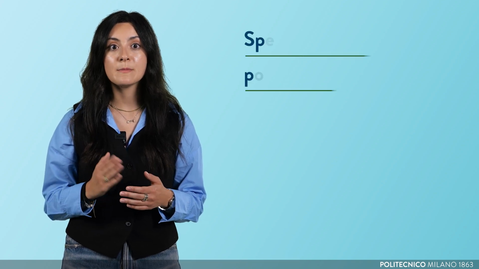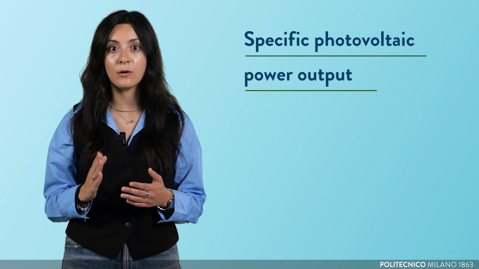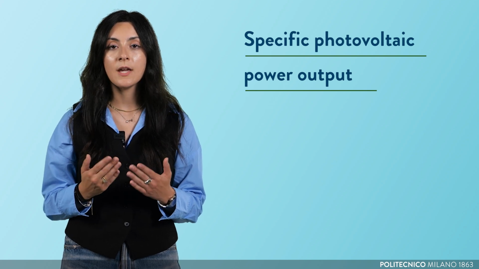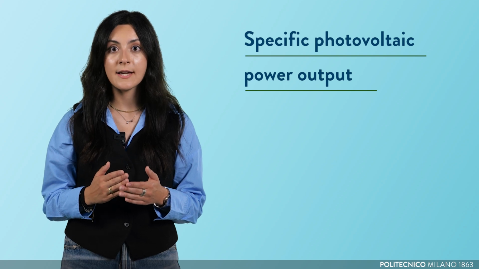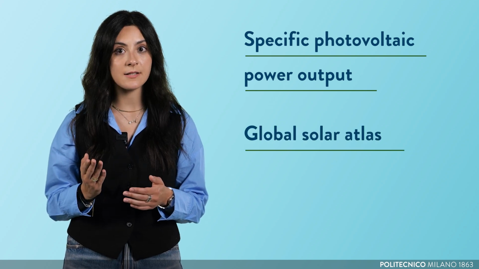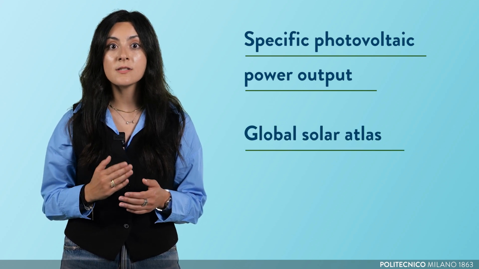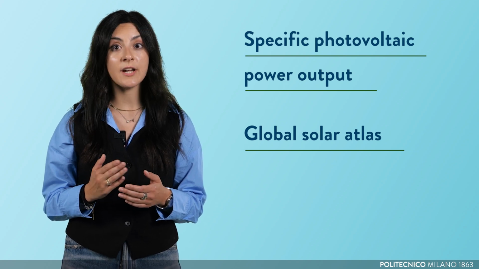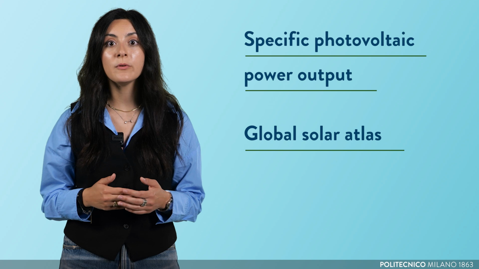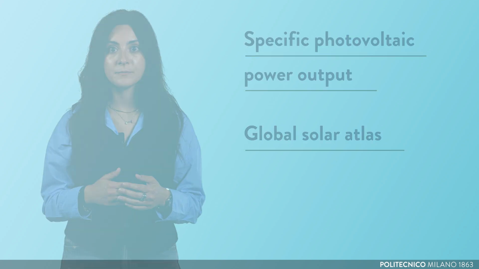Once the power to be delivered is known, it must be adjusted to compensate for the expected losses in the system. In this regard, an index called Specific Photovoltaic Power Output comes to our aid. It is estimated by several online weather database platforms, such as Global Solar Atlas, and considers losses due to the air temperature and assumed system configuration, shading, soiling, and topographic and land use constraints.